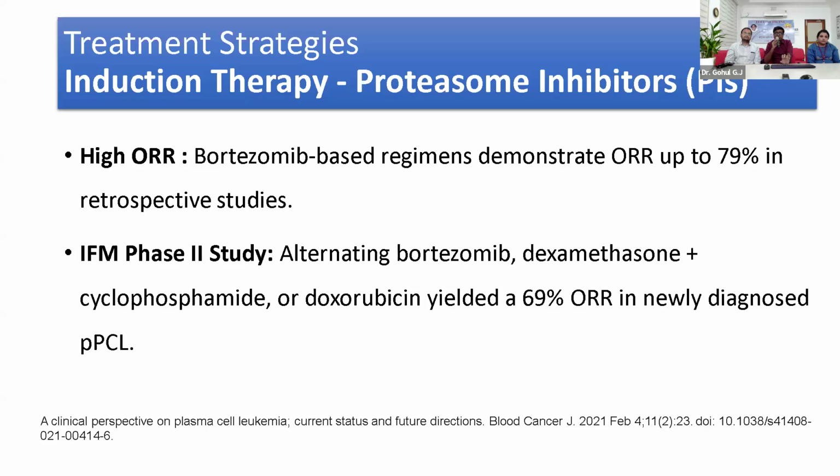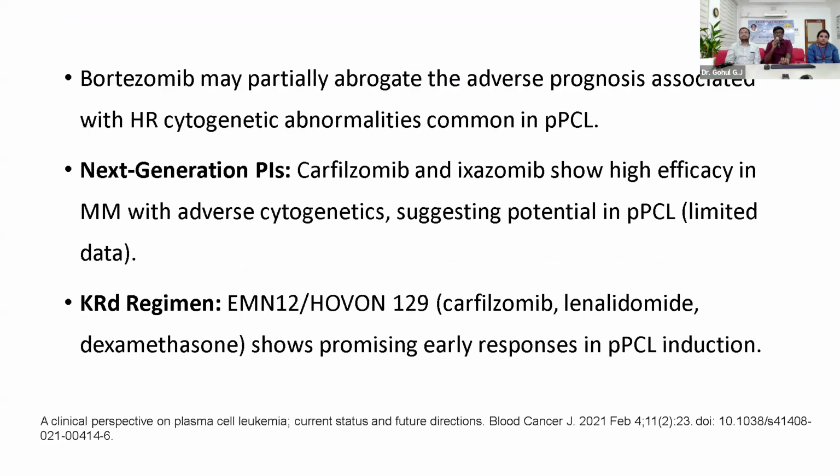These are a few statements regarding the role of proteasome inhibitors, which have a higher overall response rate, demonstrated up to 79% in some retrospective studies. Then the IFM phase 2 study has shown that adding bortezomib, dexamethasone, cyclophosphamide, and anthracycline yielded around 69% overall response rate in newly diagnosed patients. And bortezomib may abrogate the adverse prognostic association with the high-risk cytogenetics seen in primary plasma cell leukemia. The second generation of proteasome inhibitors, including carfilzomib and ixazomib, has shown higher efficacy. And the EMN12 or HOVON129 study also showed the KRD regimen as an early response in primary plasma cell leukemia